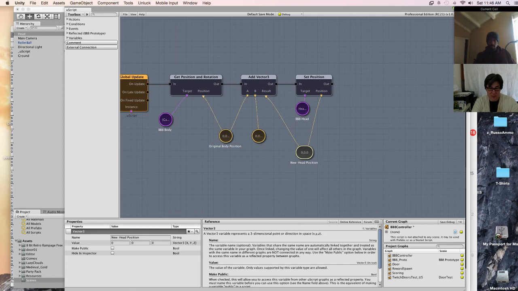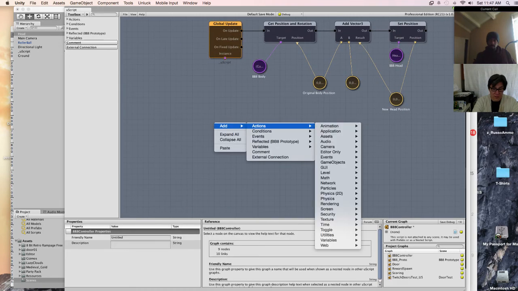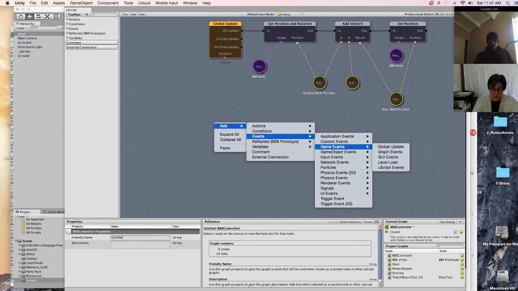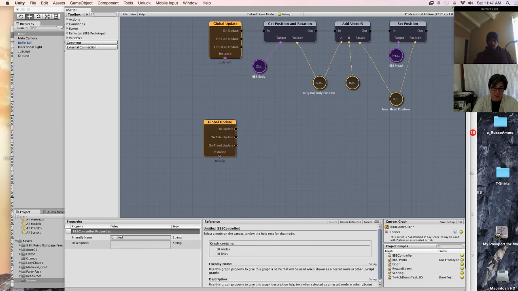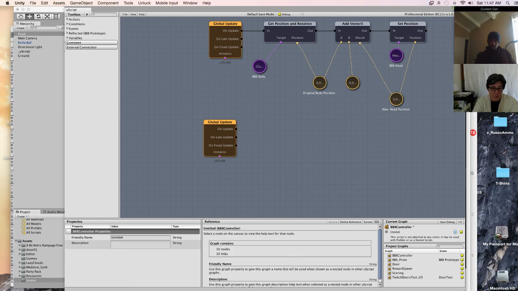Now I'm going to get a little tricky here. Is on this event, game events, global updates, on fixed update, sorry, on late update, right? Let's get, actually, let's make this public. Let's not. I'm going to do this way because in the BB-8 Proto, I'm actually changing the camera to look at. I'm going to ditch that and put it back on, sort of on here.